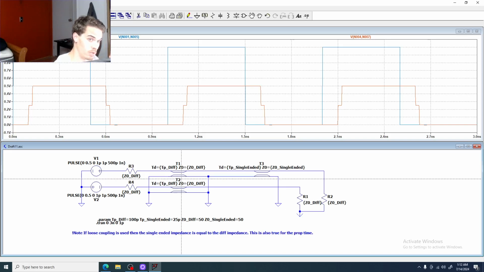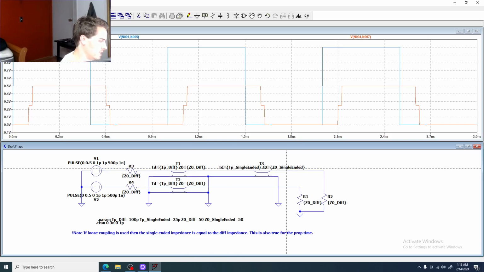We showed in the other video that the solution for two coupled lines goes to a single line, but the characteristic impedance is replaced by the differential mode impedance. The propagation time is replaced by a differential propagation time, and the incident voltage is replaced by the differential mode voltage. So we then have our two terminating resistors, which are just like the source resistors, and we have